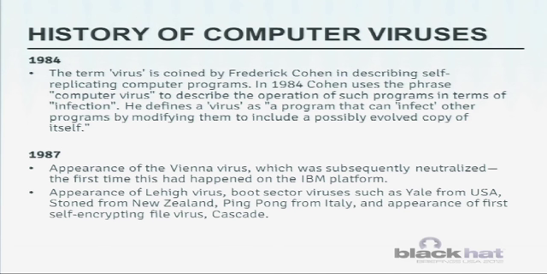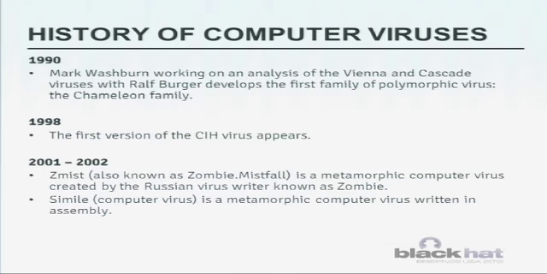It would take a few years before we would start seeing more complex viruses, with Vienna, the first IBM platform virus, and then the Lehigh virus and a collection of boot sector viruses such as Yale, Stone, and Ping-Pong, and then the first self-encrypting virus called Cascade. In 1990, Mark Washburn analyzed the Vienna and Cascade viruses and generated the first family of polymorphic viruses,